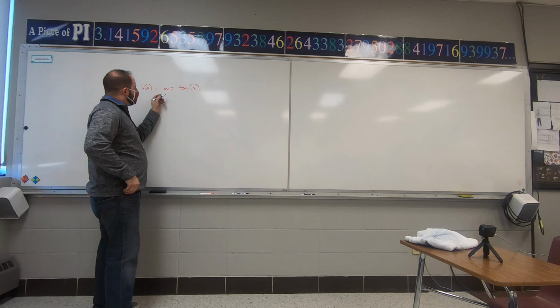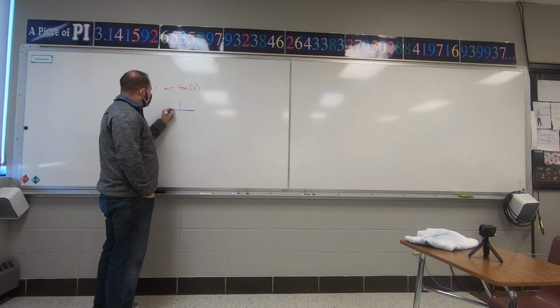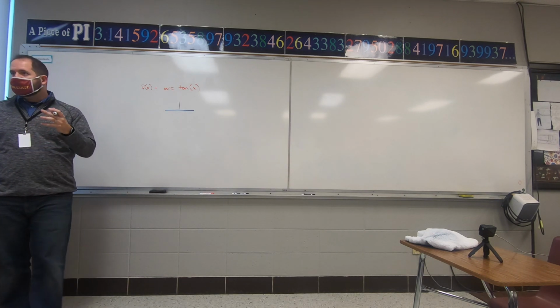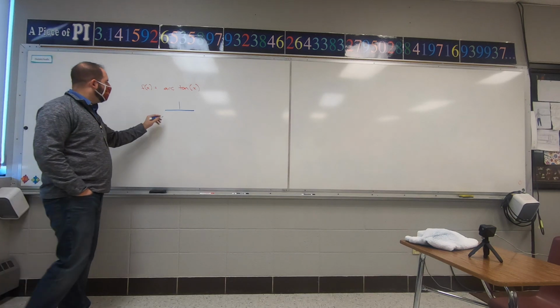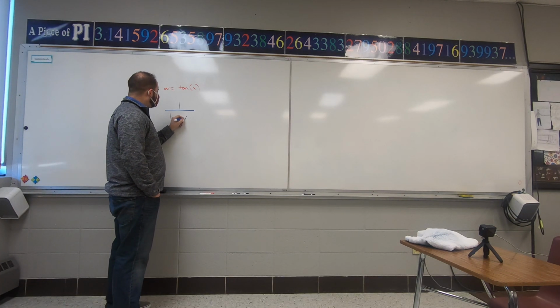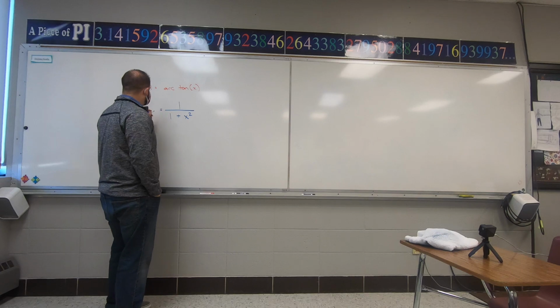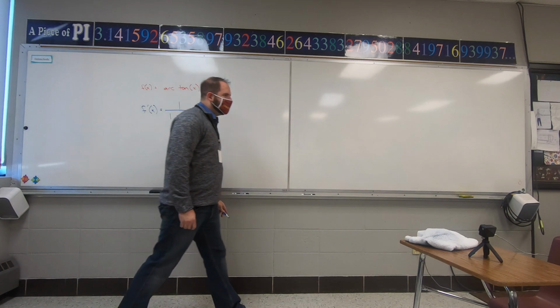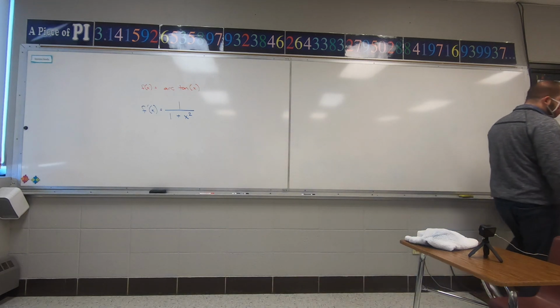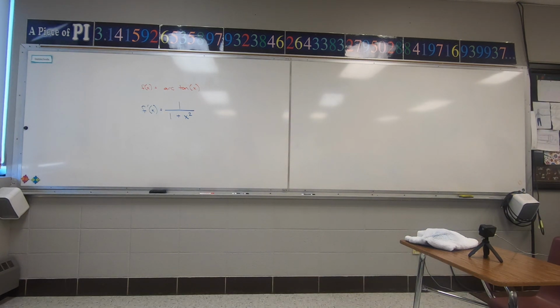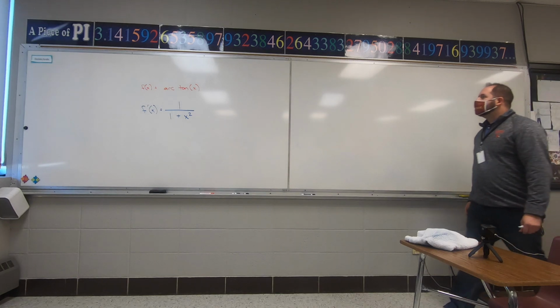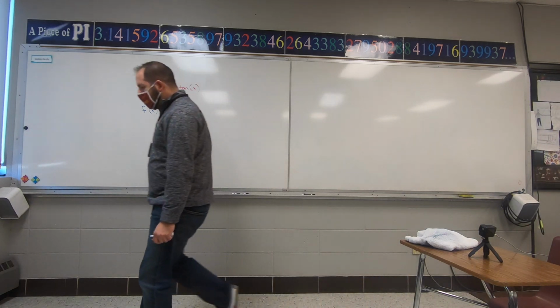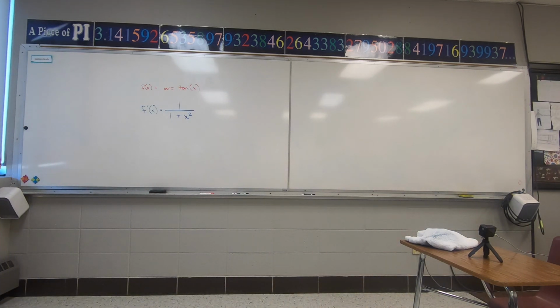So the derivative is going to be 1 over. So this is how you do it. You do the 1 over, and then it's 1, is it plus x squared? I think that's what you wrote yesterday. The first derivative. So I believe it's 1 plus x squared. I don't want to type it wrong. Yeah, 1 plus. So, all right. But that's the derivative. That's it.